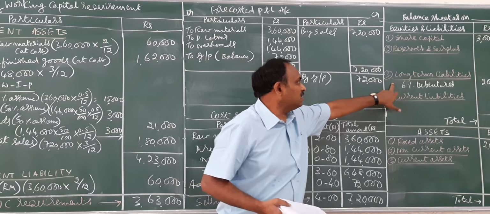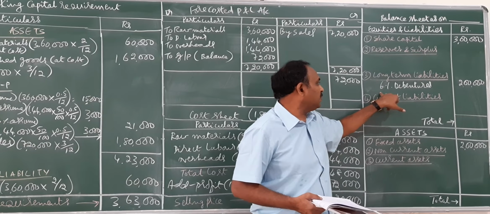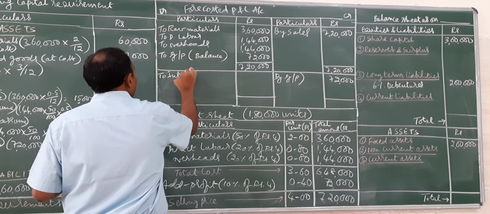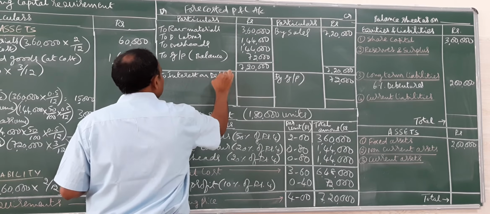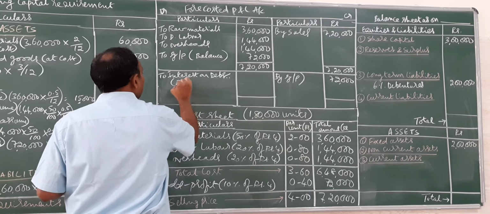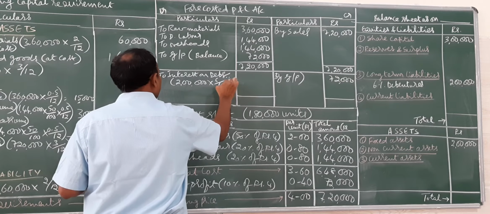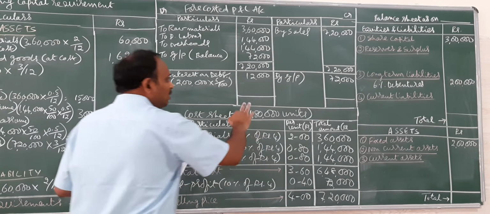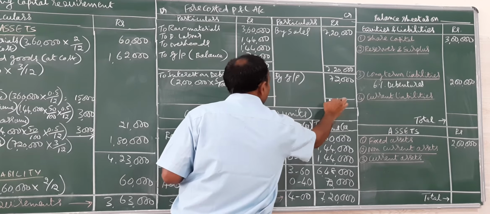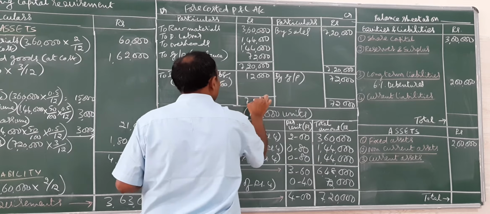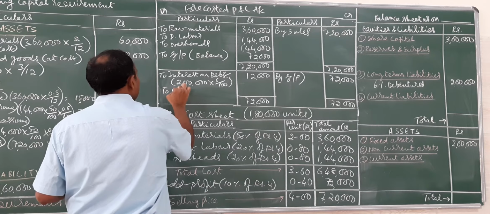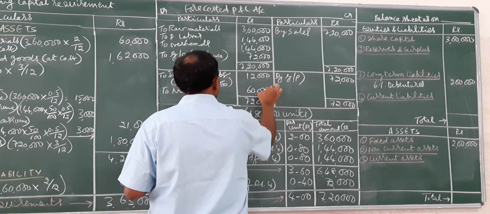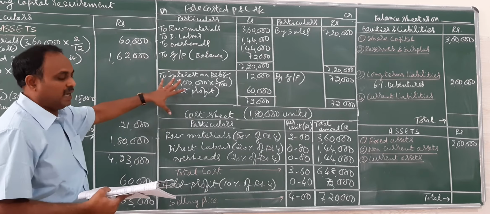We have debentures here, 6% debentures. The meaning is 6% interest is payable on 2 lakhs. This becomes an expense. Interest on debentures: rupees 2 lakhs is the value of debentures, 6% is the rate of interest, so 12,000 is payable as interest. We don't have any other information on expenses. So we'll go for balancing 72,000 this side. Then it becomes the net profit balance. 72,000 minus 12,000 is 60,000. So this completes the forecasted P&L account.